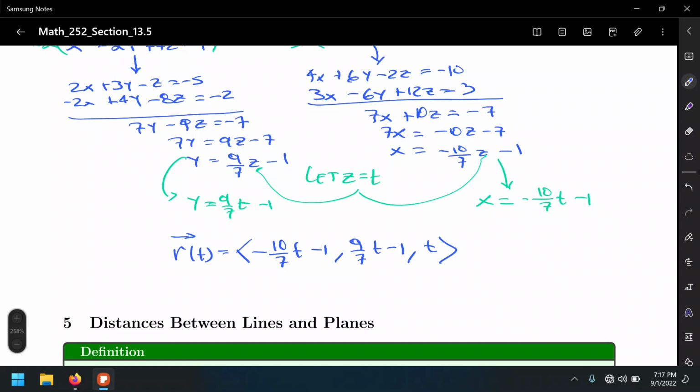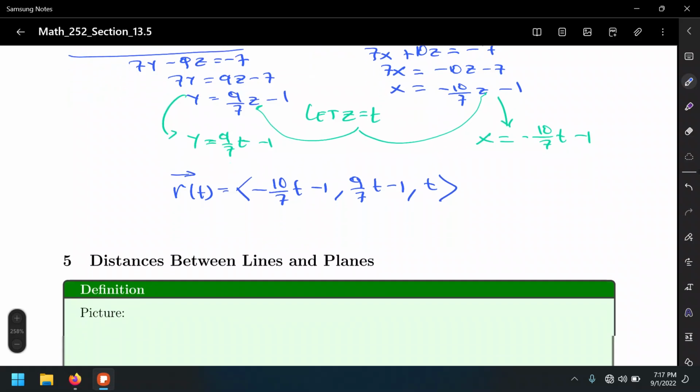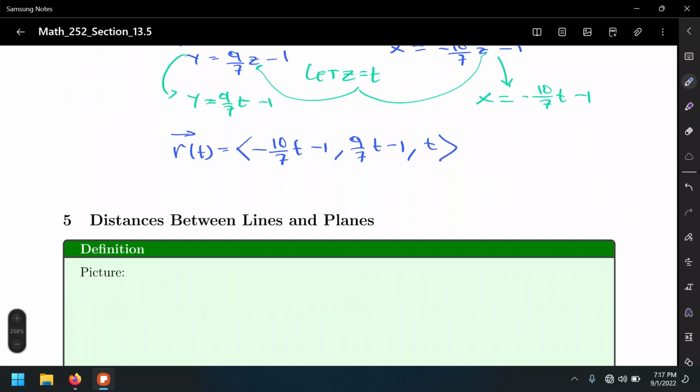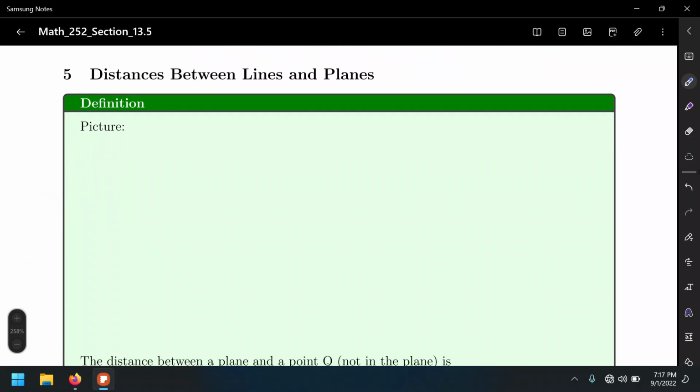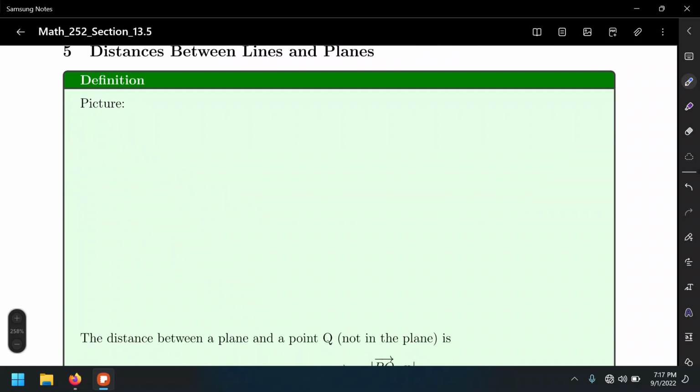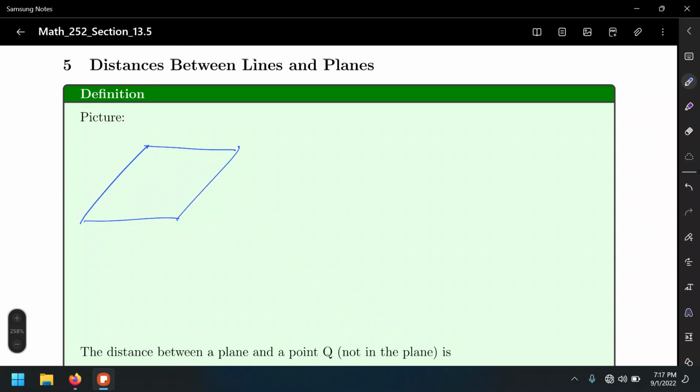So let's move on to the next topic. So what's next? The next topic is finding distances between lines and planes. All right. So finding the distance between a line and a plane. So suppose, well, let's draw a plane, and that plane contains